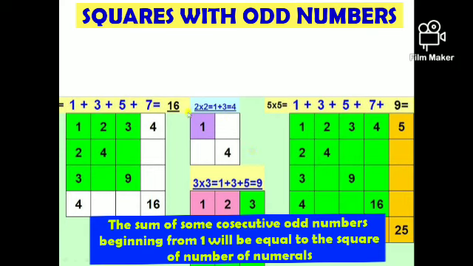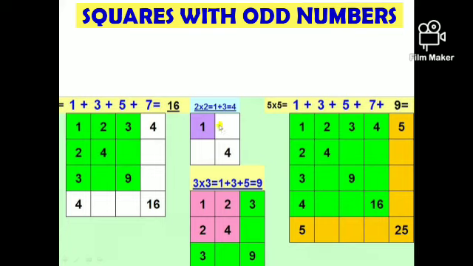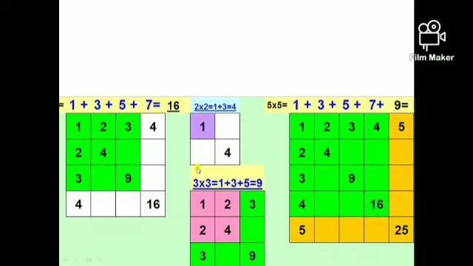1 plus 3 is equal to 4. Here 4 is very clearly seen. Here we can see 4 plus 5 is equal to 9. Then 7 is also added here. The result is 16. Now here we can see